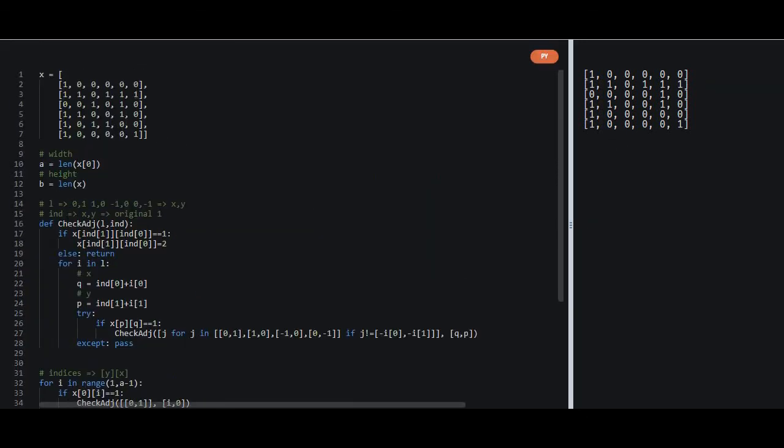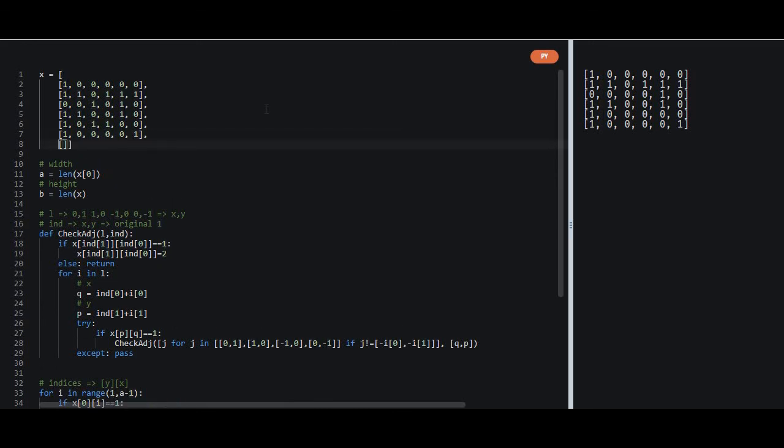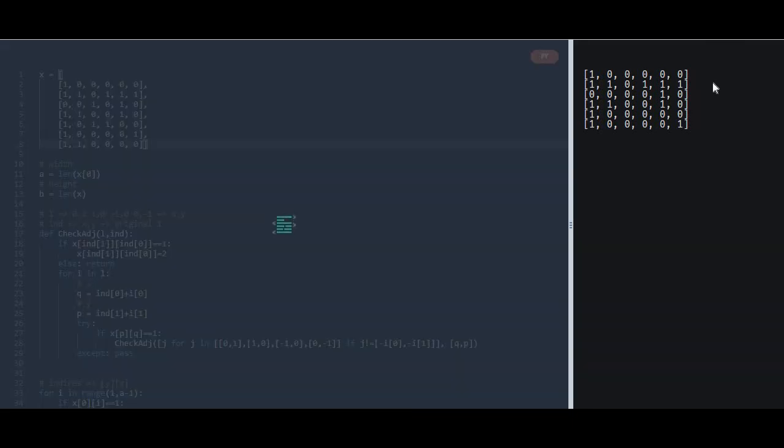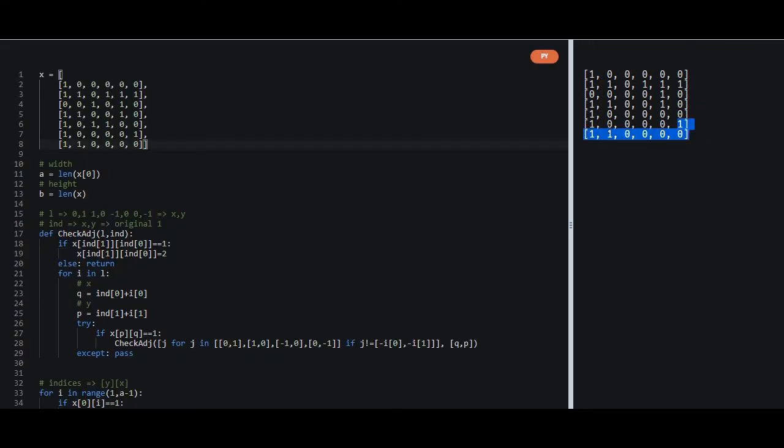Yeah. So now let us check that our program doesn't get confused when we add another line. And now the dimensions of A and B would not be same. It will not be a 6 by 6 anymore, it would be a 6 by 7 grid. So now let us add a 1 here, a 1 here, then a 0, a 0, a 0, and a 1 or a 0. And now this shouldn't make another island, and yeah, it is giving the last line as it is.